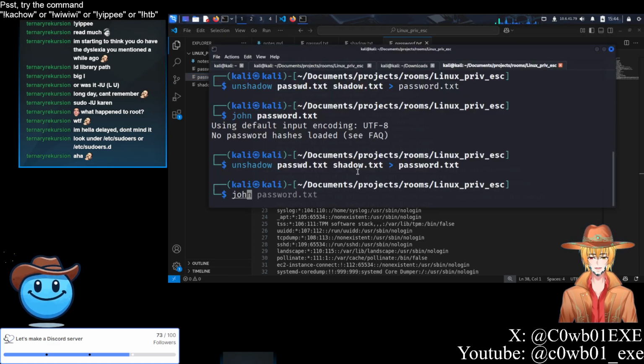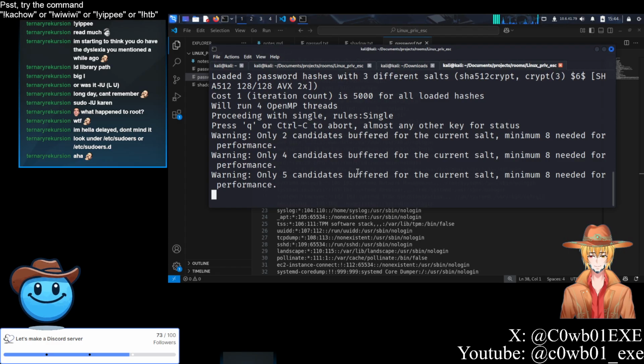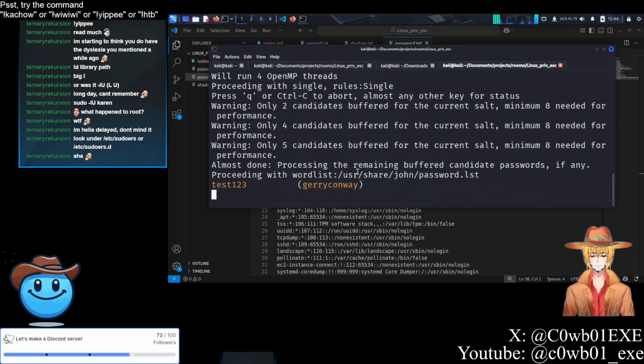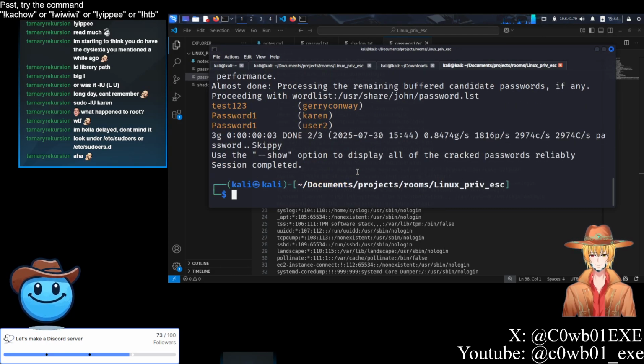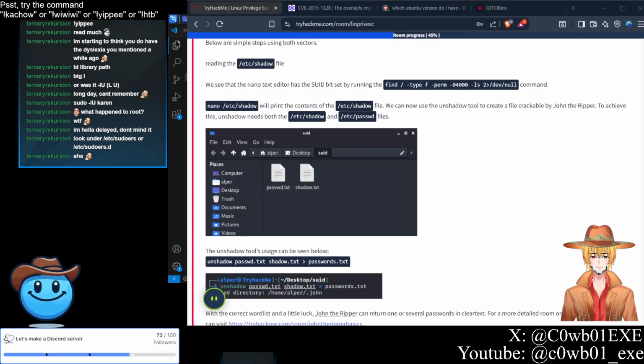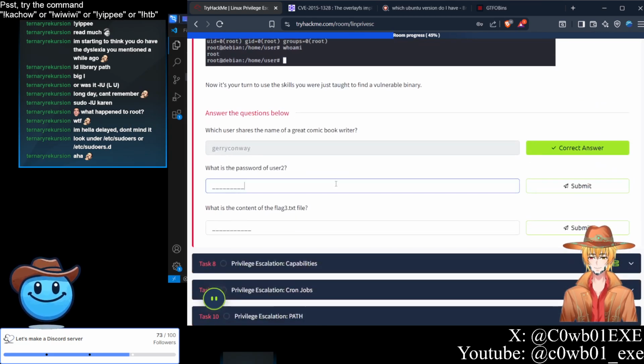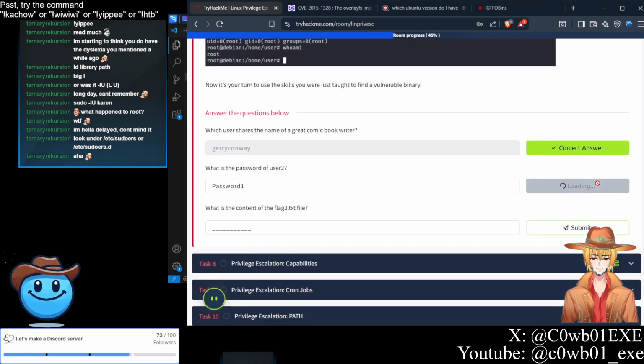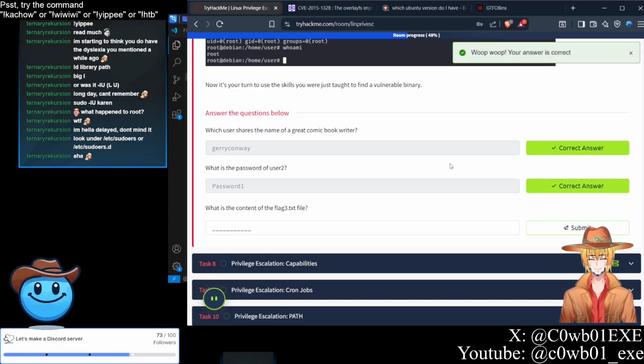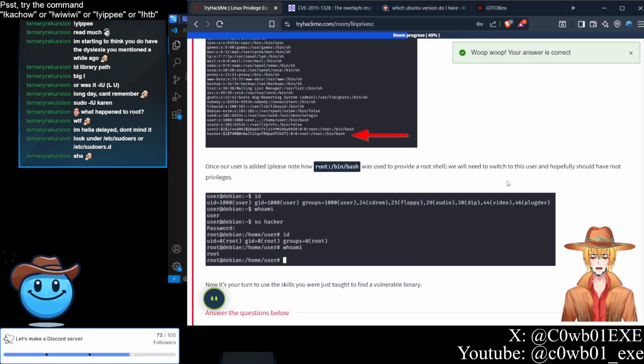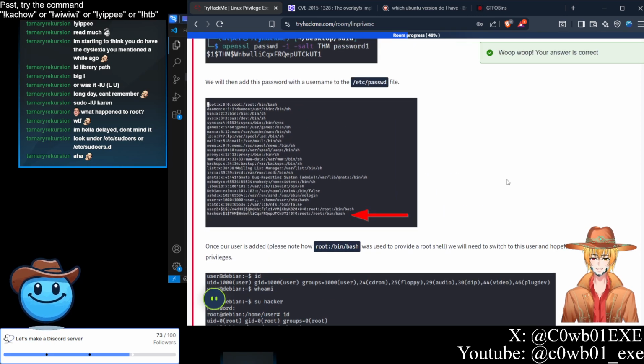So now if we run John on password, beauty. I can't believe they've done this. It's just Password1. Okay. I'll take an easy win. There we go. Now we just need to add ourselves into the